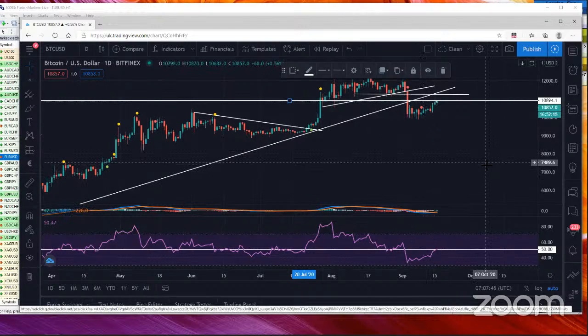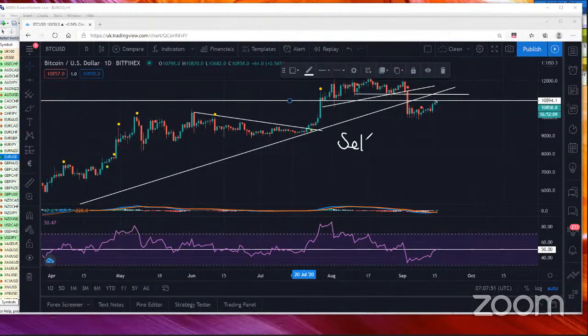In fact, I'll put these areas in for you, so everybody knows what I'm doing. I'm a seller. Sell Bitcoin. And I've sold it off at 10,900. That's the first entry. Now remember, I'm scaling in. Second entry is going to be